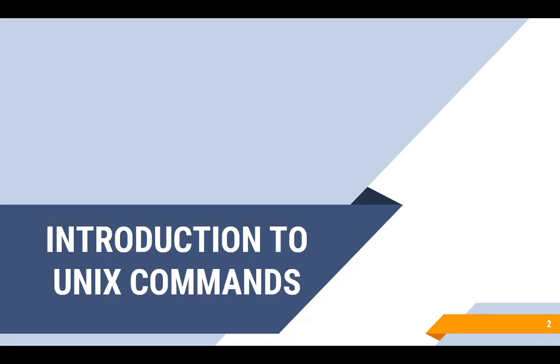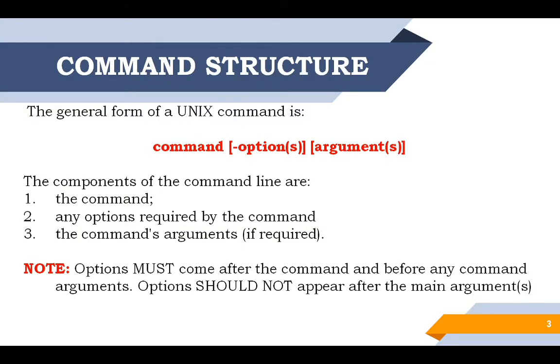Today we are going to see how to write a Unix command, that is, the structure of the Unix command. To give a command to a Unix system, we can type the name of the command along with any associated information such as file name or options, and then press the enter key. The typed line is called the command line, and Unix uses a special program called the shell or the command line interpreter, which interprets what we have typed into the terminal and what we want to do.